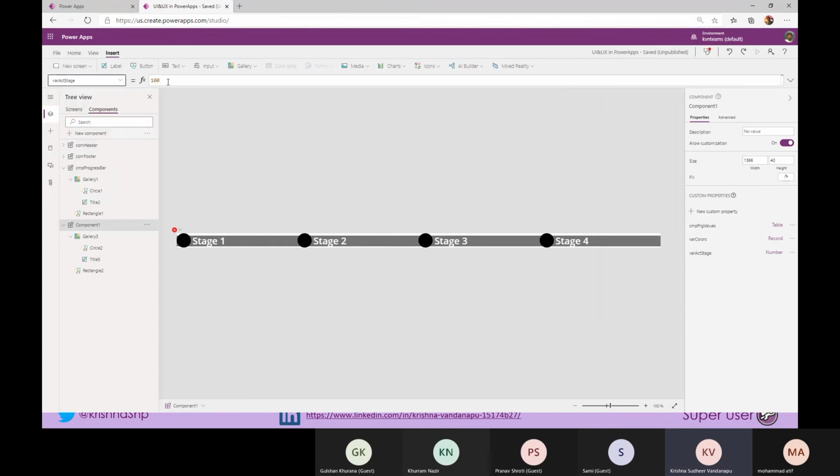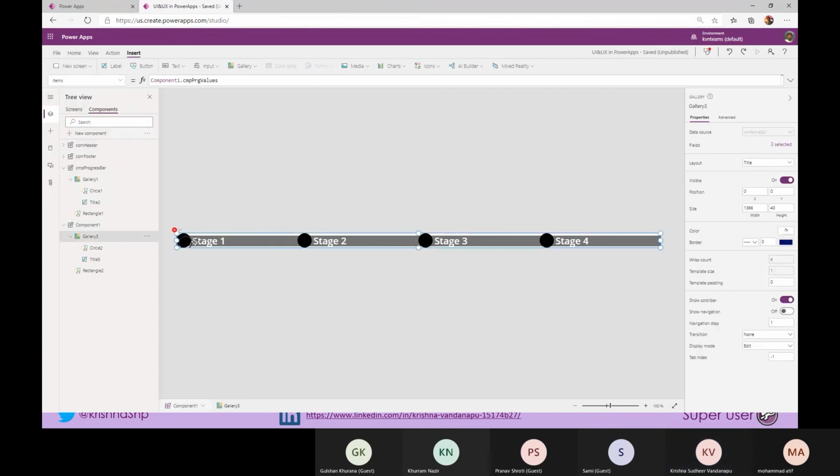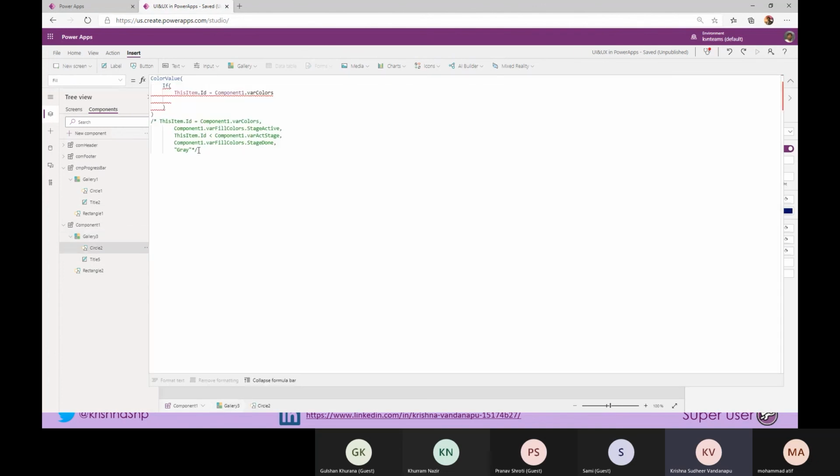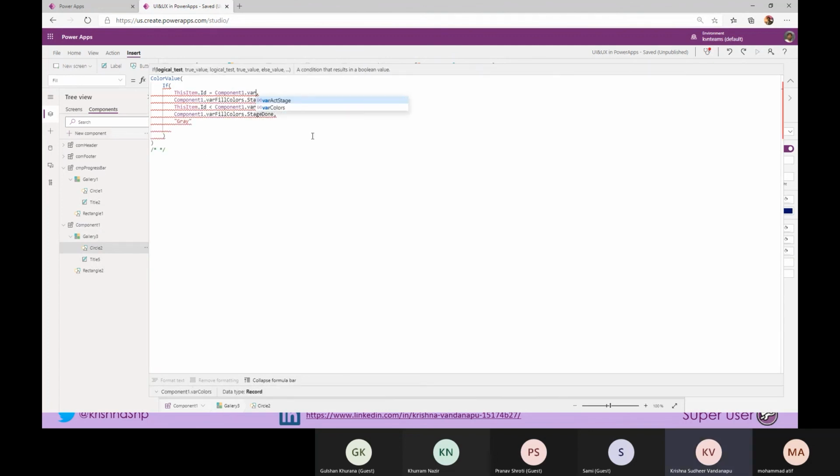If I set active stage as 3, I am comparing the ID of the current item to the active stage. That will get my component fill color appropriately.